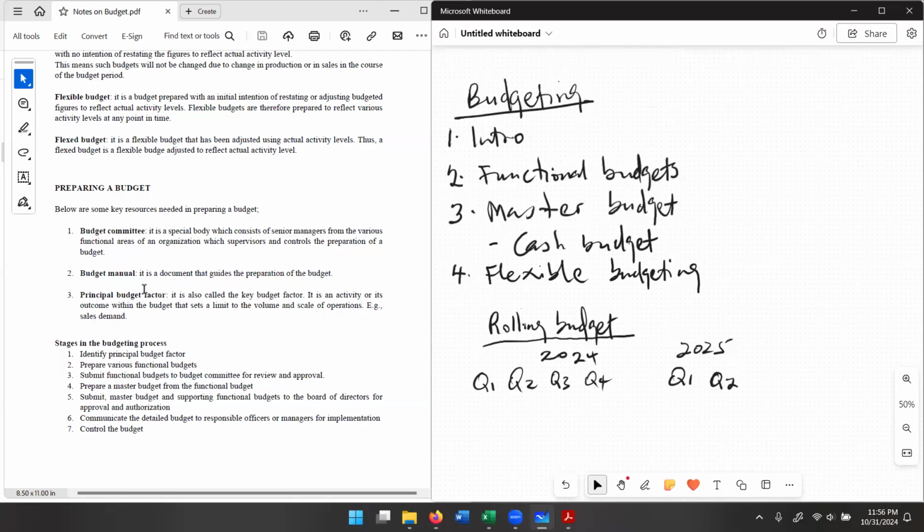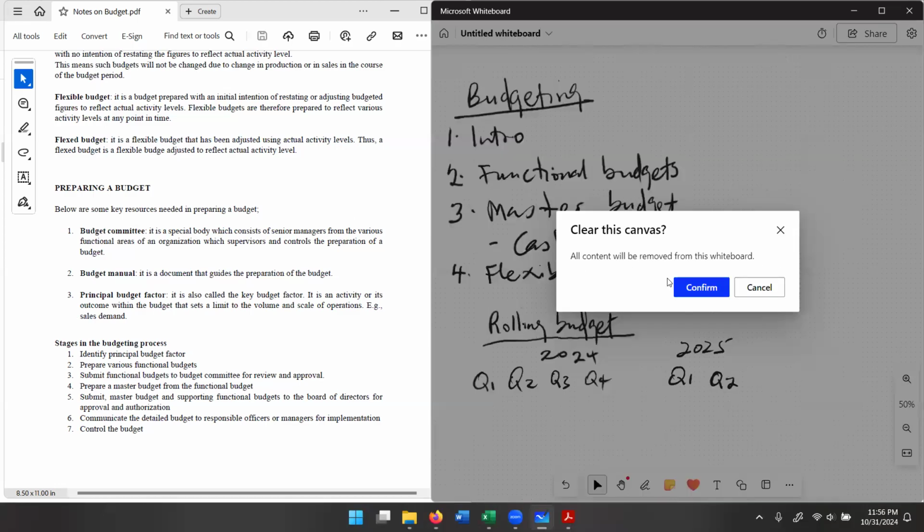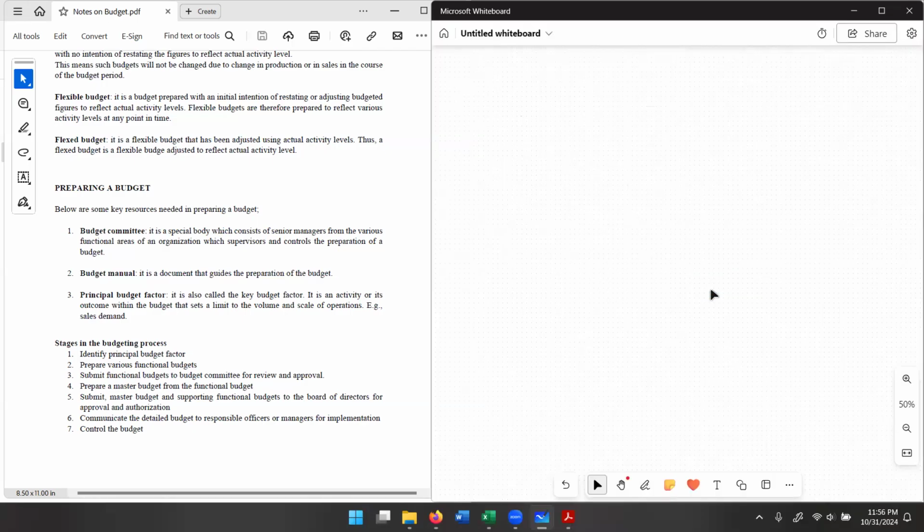You see, so that is very key, the critical or principal budget factor. All right, so in budgeting, anytime we want to budget, first we need to identify our principal budget factor. Once we identify that, we need to put together the budget committee. Then the budget committee will request what we call functional budgets from the various units or departments or divisions